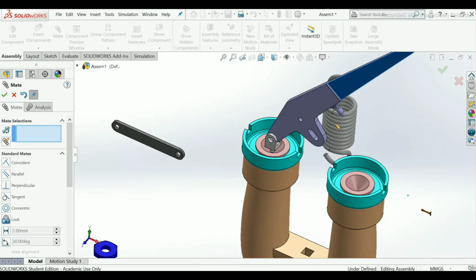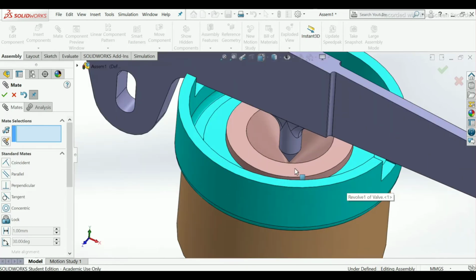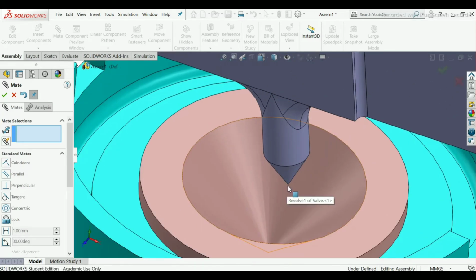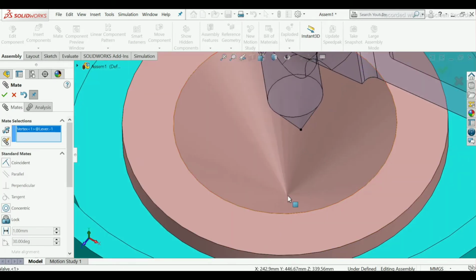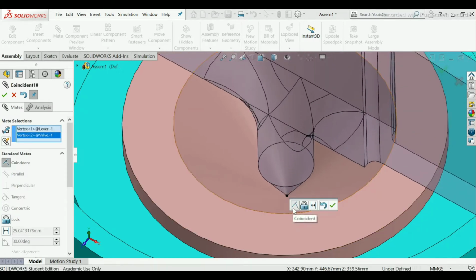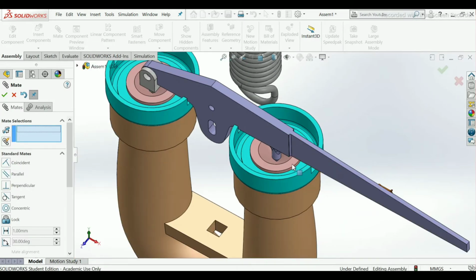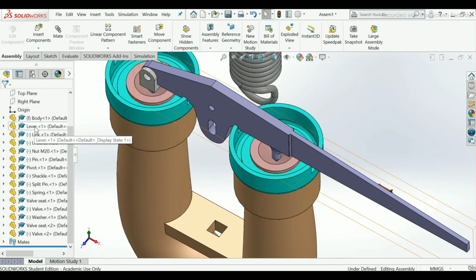Now here you can see it is also under defined condition, so drag this upward, select the vertex point and this point, make it coincident. Okay. So as you can see here, our lever is now fully defined.